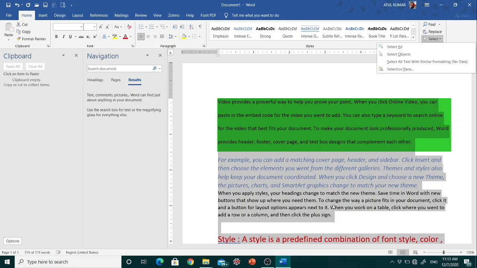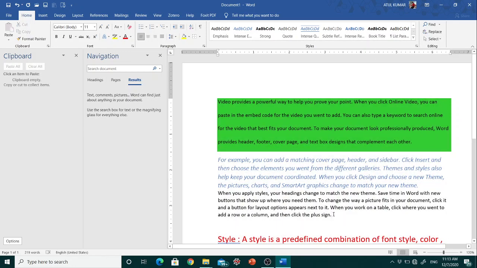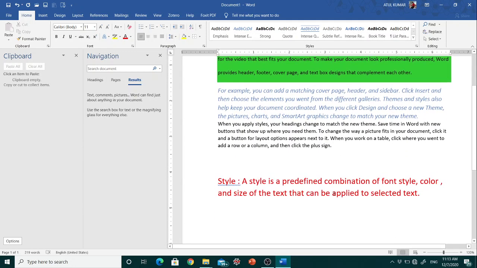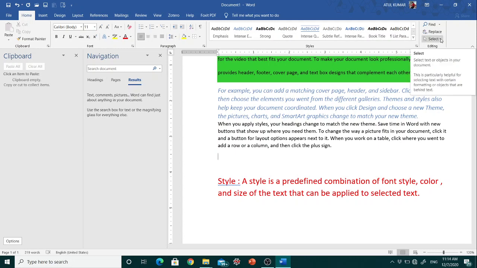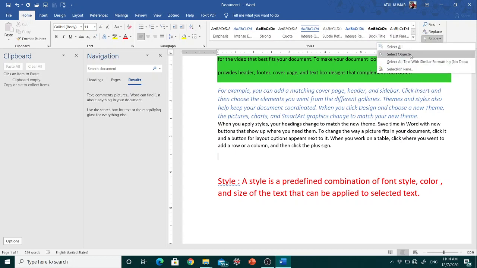Suppose your document contains text and objects, means some kind of pictures or any kind of objects are also in your document, and if you want to select only those objects, then there is the option of select objects. By using this option, you can select objects like ink, shapes and text area.